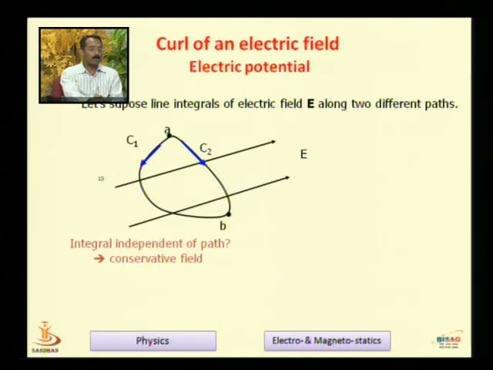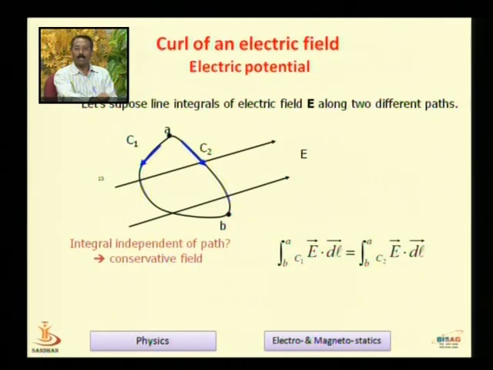And let us compute this integral. Okay, so we want to move from A to B in the presence of electric field, and we want to compute whether this integral is path independent or not. So this is the integral one can write down, say A to B via path C1, that is E dot dl. Similarly, you can write down for another path. So here we are considering C1 and C2, and there are infinite number of ways you can go A to B, but here we are considering two paths, C1 and C2.